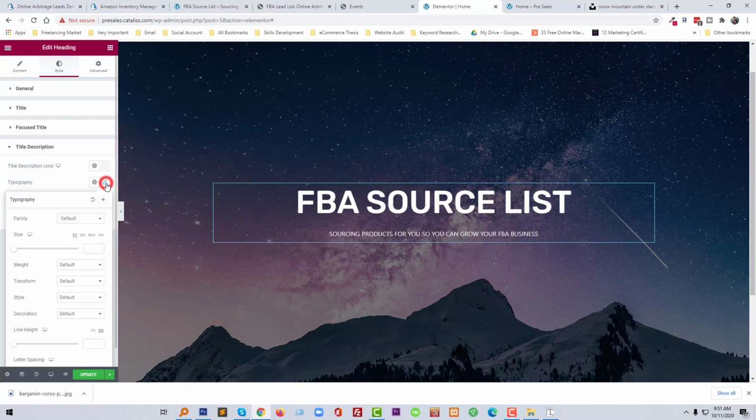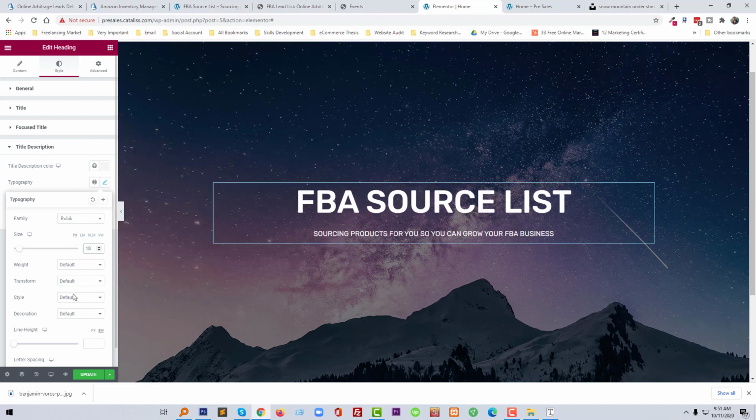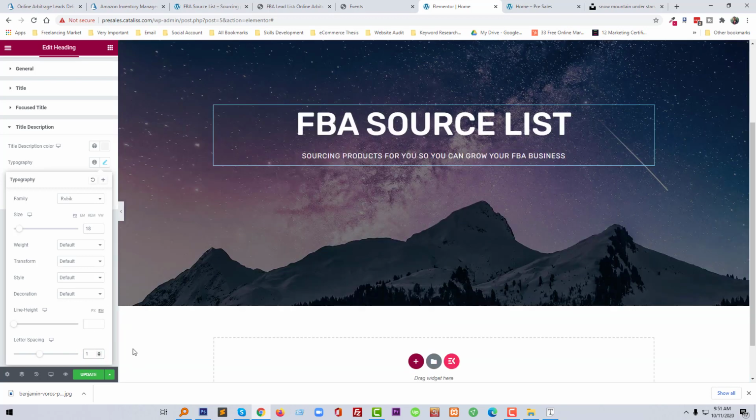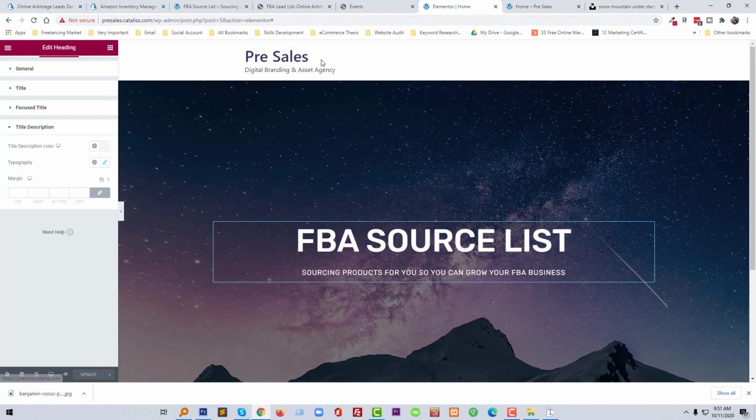And make this Robic, and font size 24, or letter spacing line height, okay, and letter spacing 1, okay. Now I'm going to click on the update button, and here one work we have to done, that is